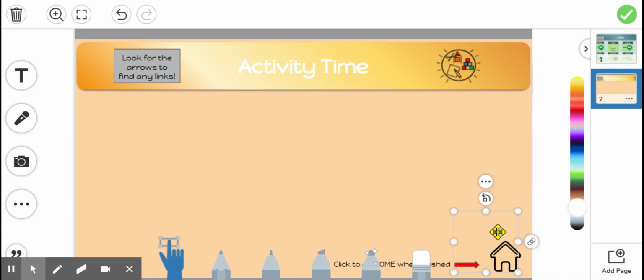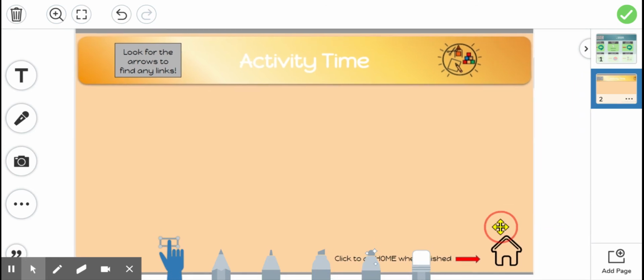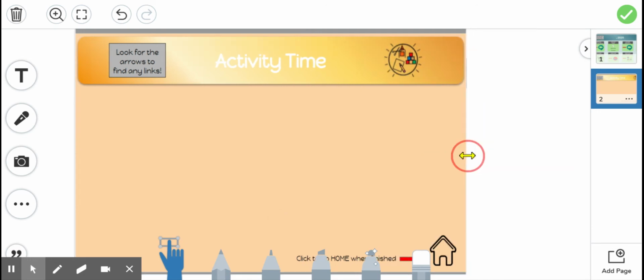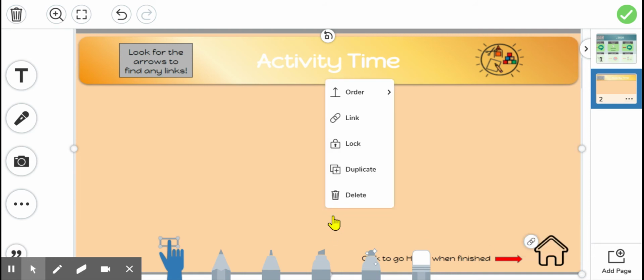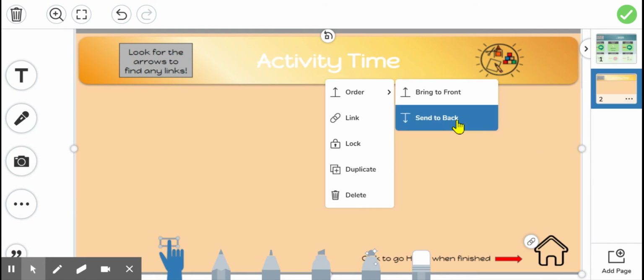So I need to put the shape on top of where I want it. But I also want to take that shape. All right, so our shape is back here. I want to see if I can find it. I'm going to move it to the front if that's what. Okay, so my thing is,